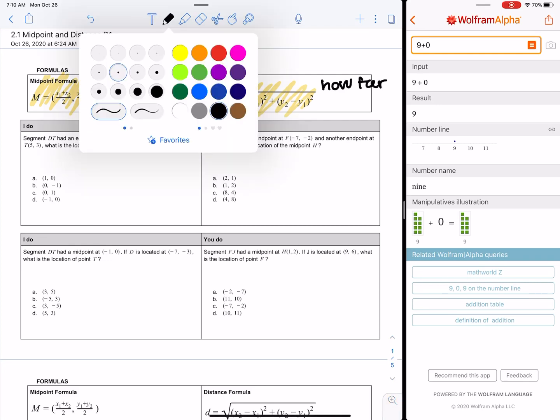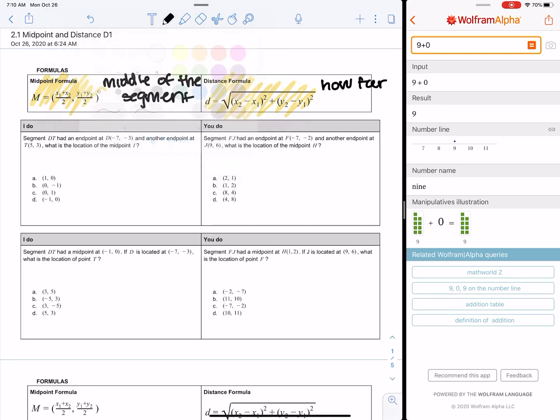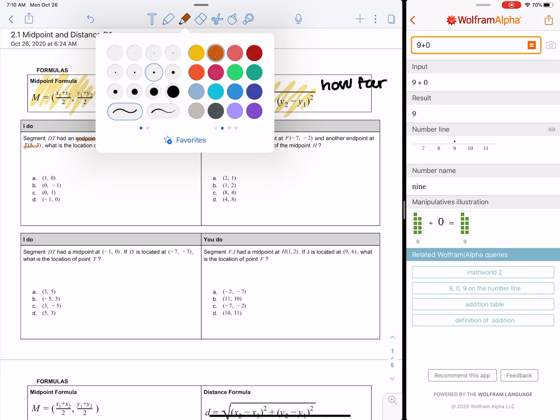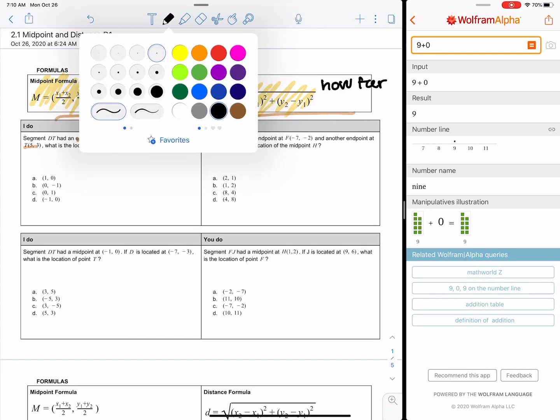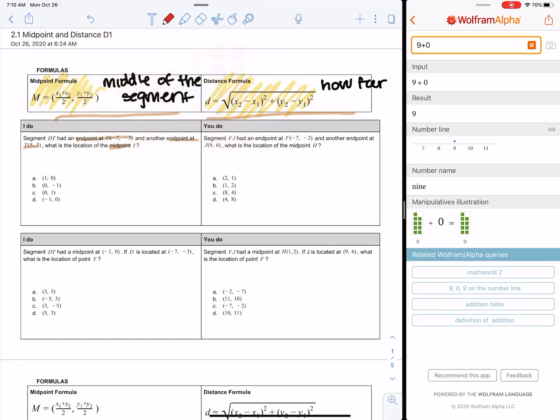Reading this first question, segment DT has an endpoint at -7, -3, and another endpoint at 5, 3. What is the location of the midpoint? Am I going to use the midpoint formula or the distance formula? Very good. I'm going to use the midpoint formula. Remember, I always want to label my points: x1, y1,